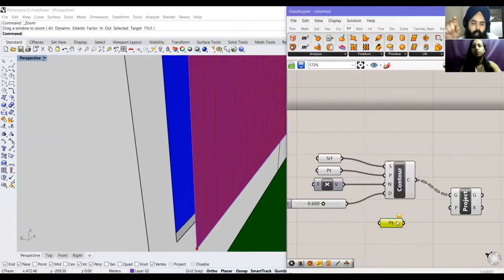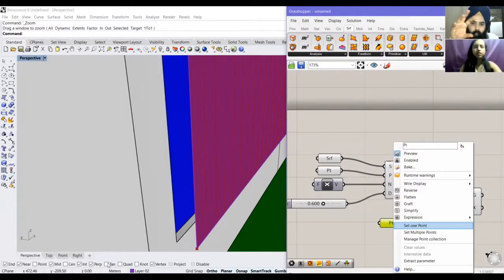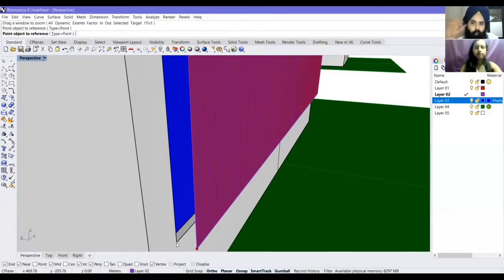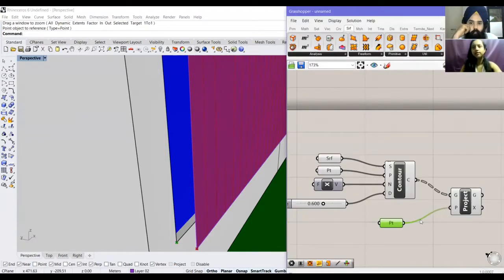So what is this project thing, by the way, if you can repeat it again comprehensively in the totality of the whole thing that we've done? Yes. Just a moment.